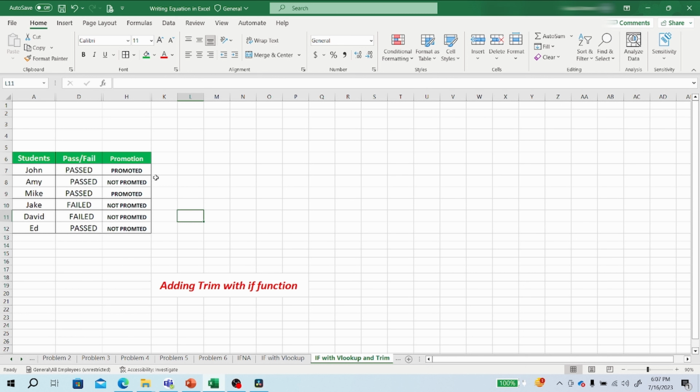So why is this showing that? Because sometimes when you give the input, you accidentally add additional spaces in front of the word, which can create an issue. So to solve that, what you have to do